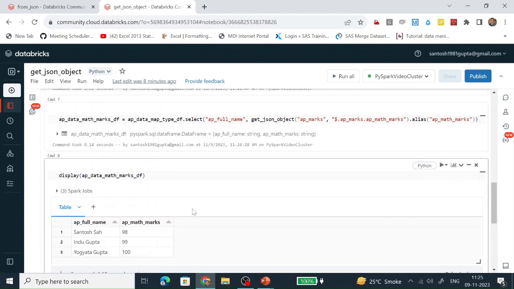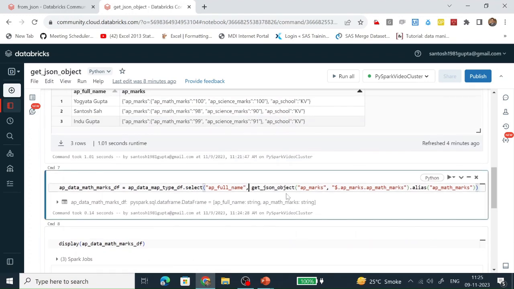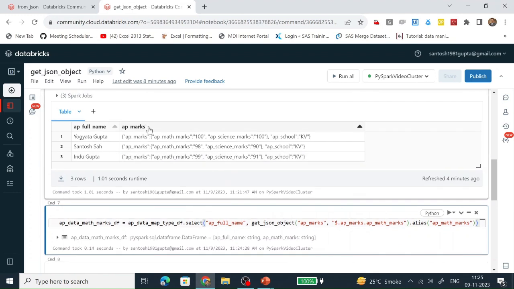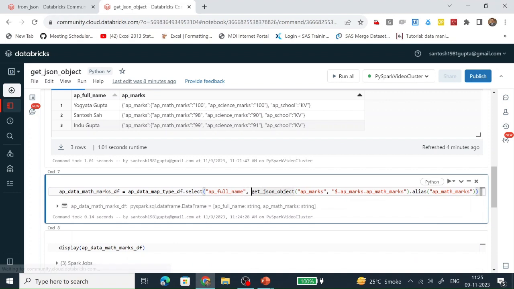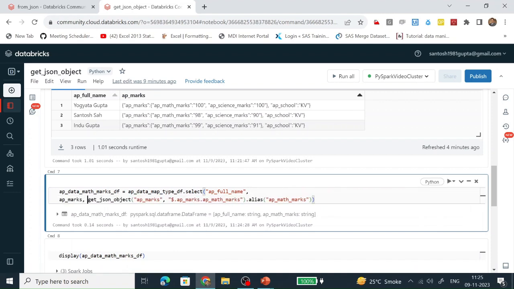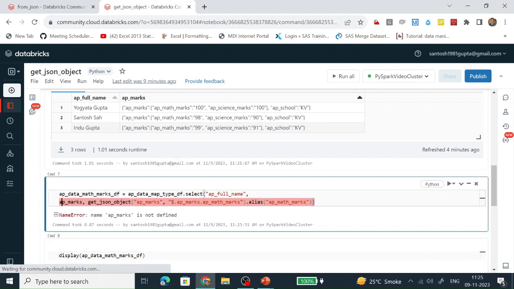We can see here this AP marks is now. Let's select one more column here. Otherwise we need to go up and down to show you how the value is getting populated. So this we need to put into the inputs.